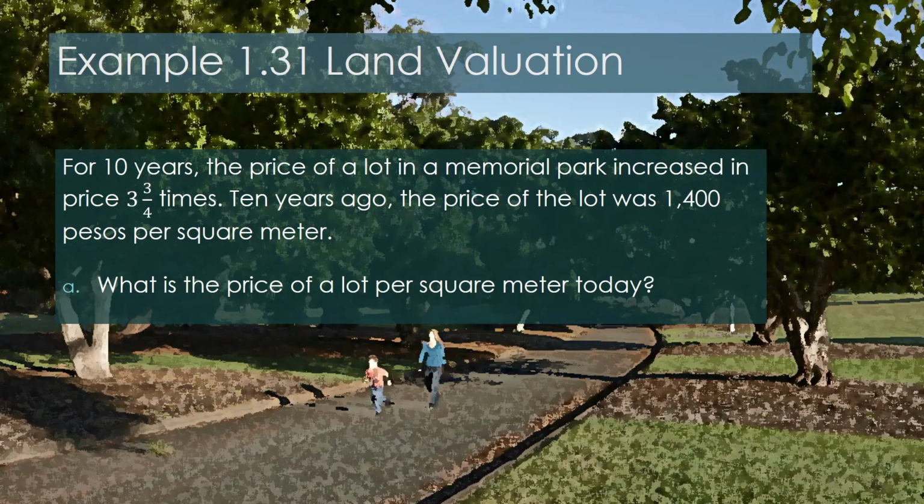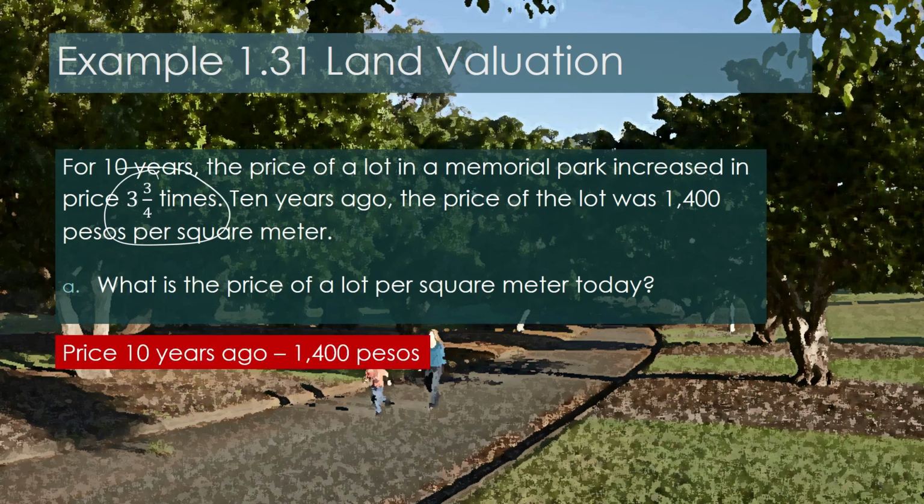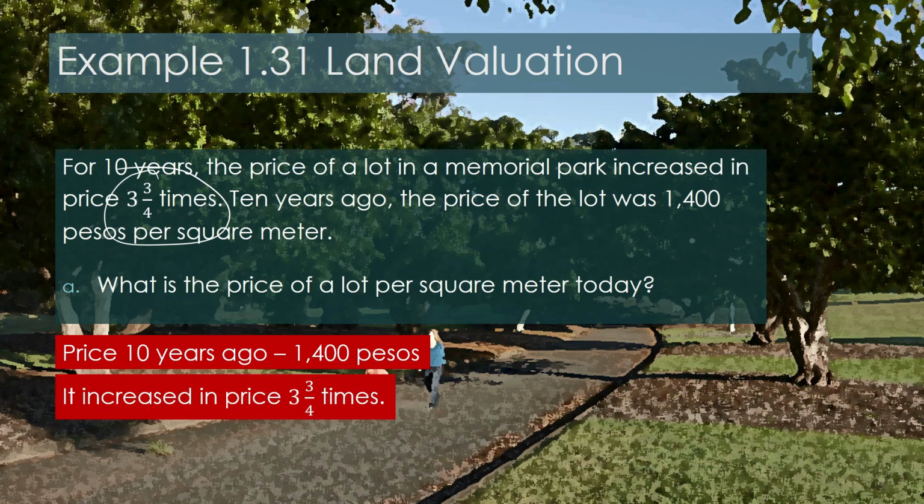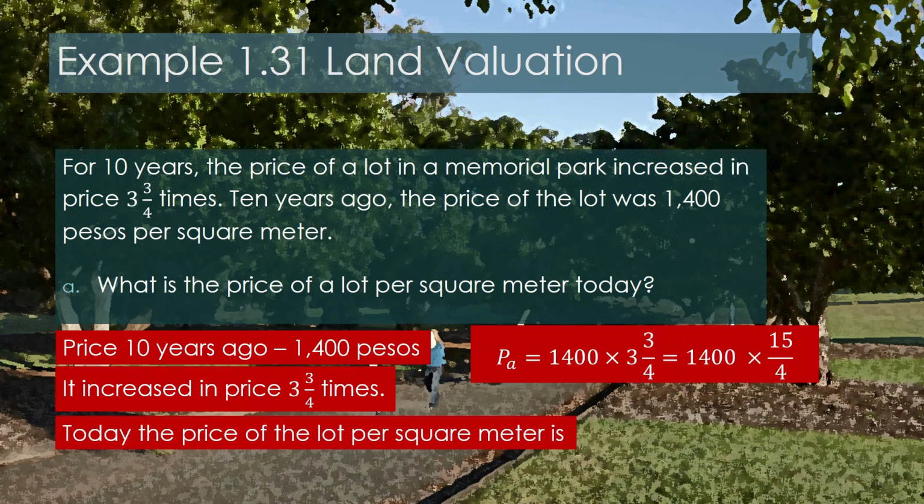So let us answer the first question. What is the price of a lot per square meter today if the price has increased 3 3/4 times for the past 10 years? You will get the product. The price of the lot 10 years ago was 1,400 pesos. It increased in price 3 3/4 times. The price per square meter of the lot today is 1,400 pesos per square meter 10 years ago times 3 3/4. And so 3 3/4 is the same as